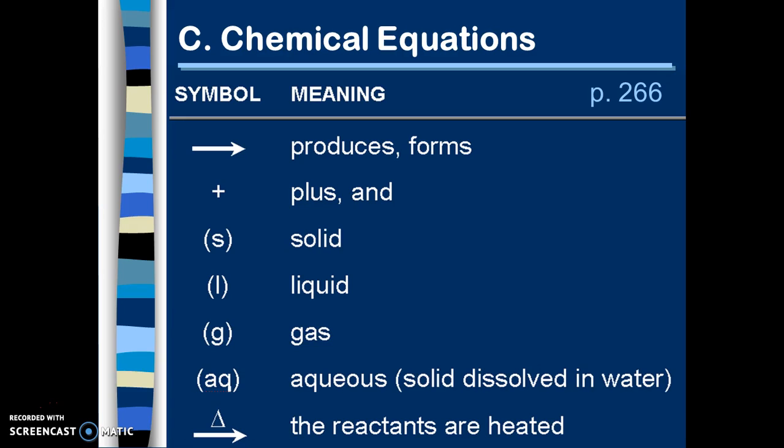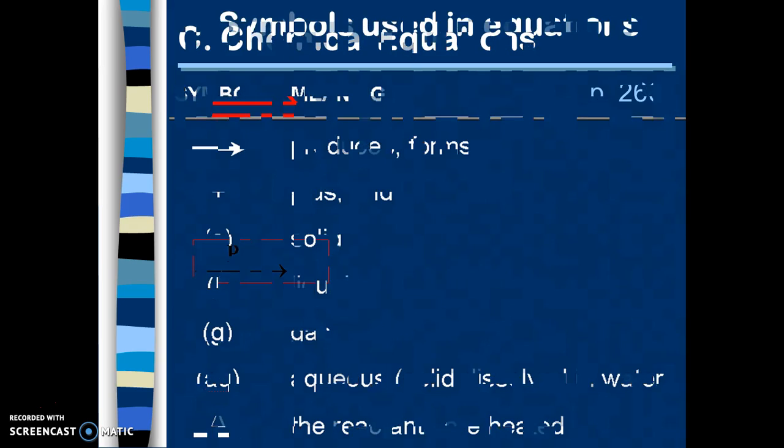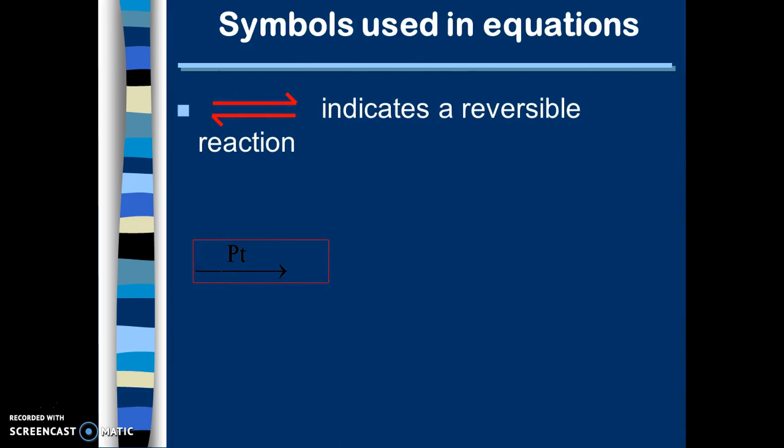If a substance is heated, we'll put a triangle over the arrow. Sometimes you'll see it under the arrow, but that triangle means it's heated. If it's at a specific temperature, we'll put that temperature on the arrow. And a couple other things that you'll see, sometimes you'll see two arrows going different directions. That means the reaction is reversible, means the reactants can become the products, but the products can also become the